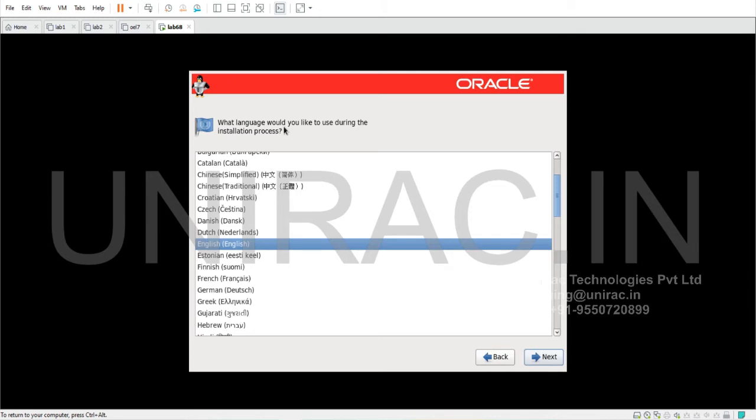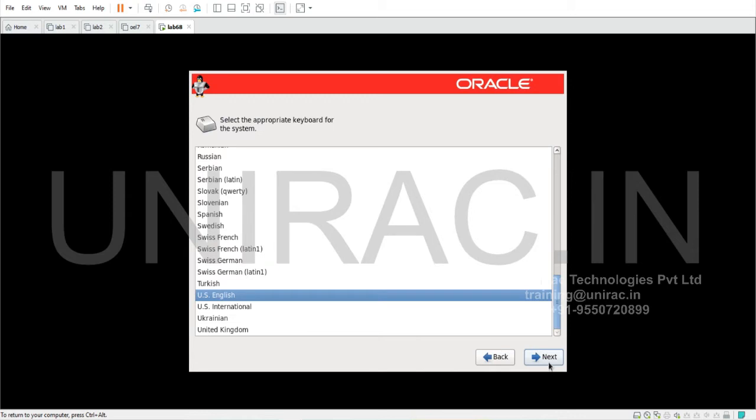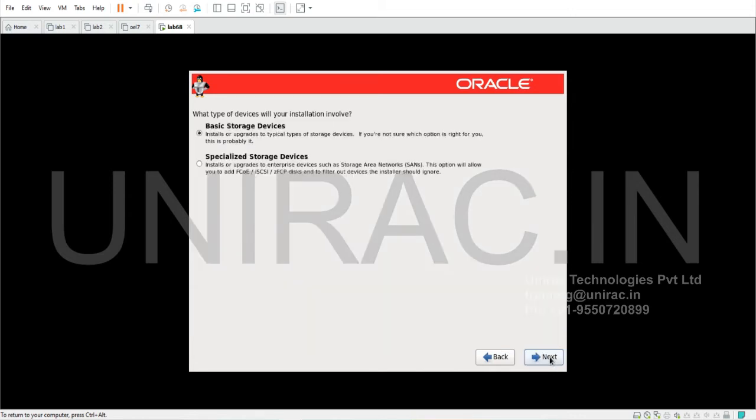What language would you like to use during the installation process? Let's go with the English language. Choose the English keyboard. Basic storage devices. Let's choose the option basic storage devices.